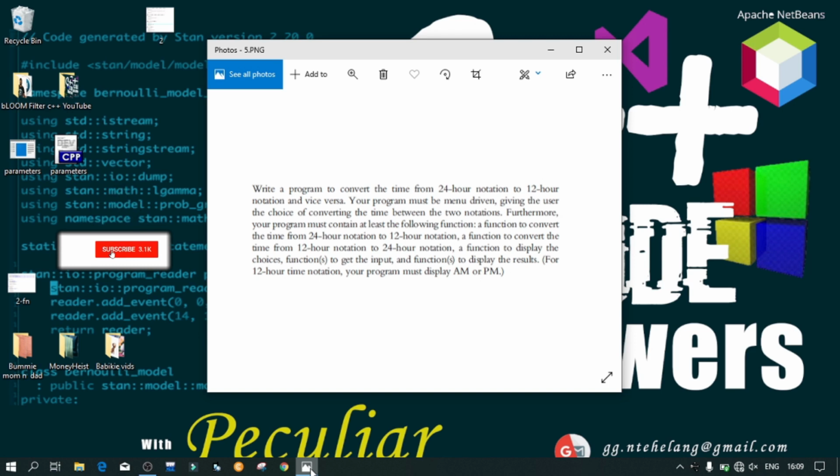Today we're working on a user-defined function chapter problem, and our problem reads as thus. Write a program to convert the time from 24-hour notation to 12-hour notation and vice versa. Your program must be menu-driven, giving the user the choice of converting the time between the two notations. Furthermore, your program must contain at least the following functions: